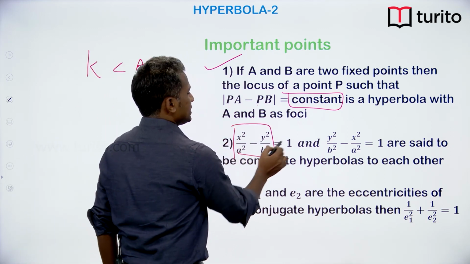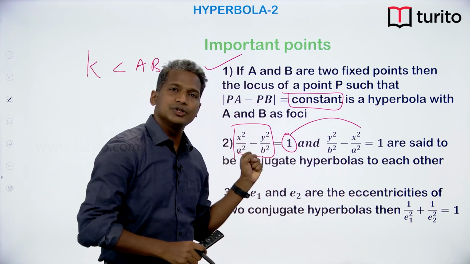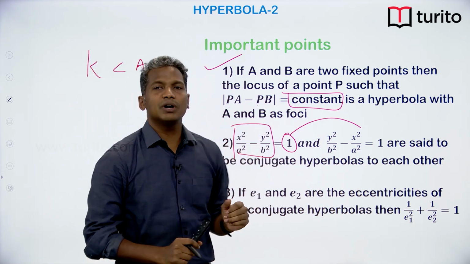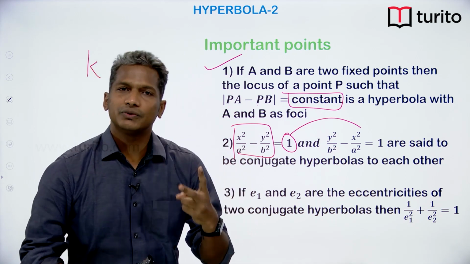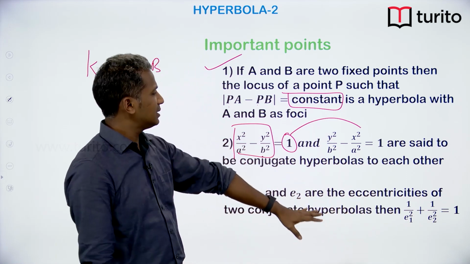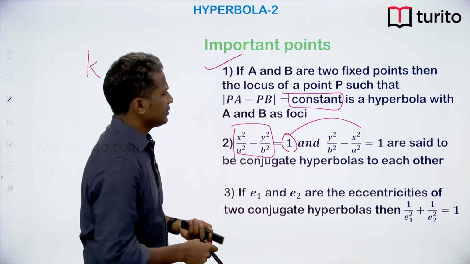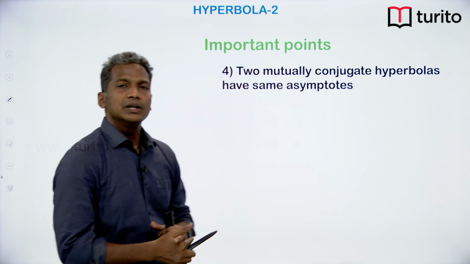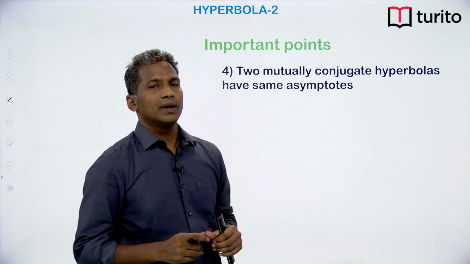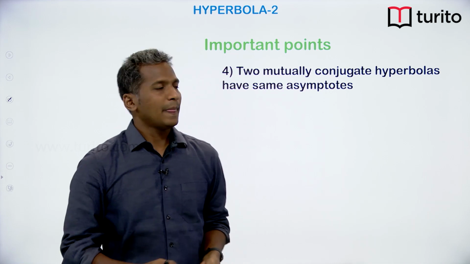here in place of this 1, if minus 1 comes, then it is called the conjugate hyperbola. This also we have studied in the last lecture. Now, if E1 and E2 are the eccentricities of these two mutually conjugate hyperbolas, then this condition is always satisfied, that 1 by E1 square plus 1 by E2 square is always equal to 1. Okay. So, we have also studied that two mutually conjugate hyperbolas will have the same set of asymptotes. The only thing is that the transverse axis and conjugate axis are now reversed. Okay. Next,